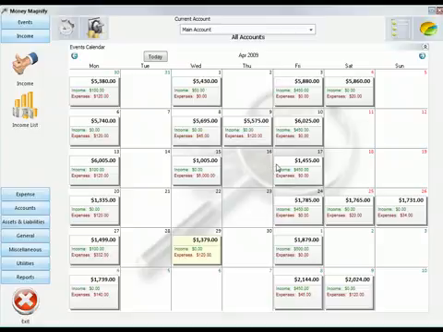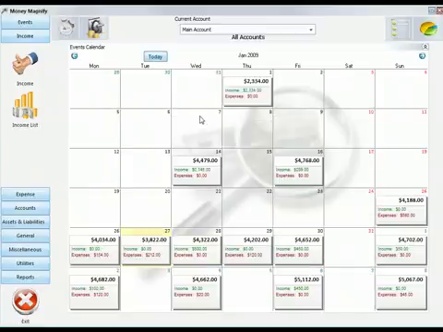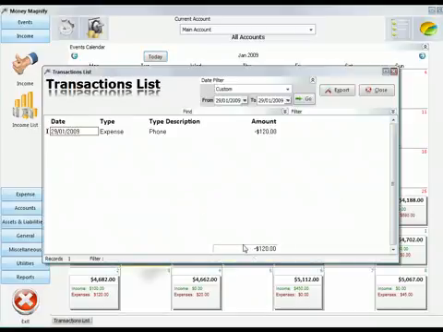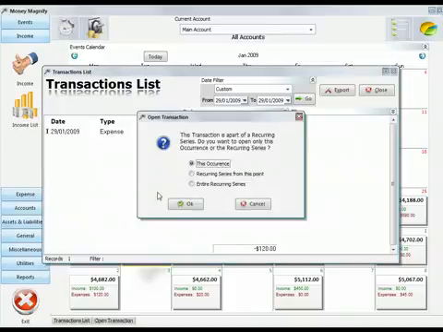So let's say that our phone bill is a good example, and we'll go back. We'll just click on our Today button and go back to Today. And I can see that phone bill is on the 29th of the month, and we've loaded it in as a template for $120. Now, we actually get the phone bill, and shock horror, it's $134. So what I can do is just double-click into the day, and then double-click into the transaction, and I get this option. Do I want to edit this transaction just this once,